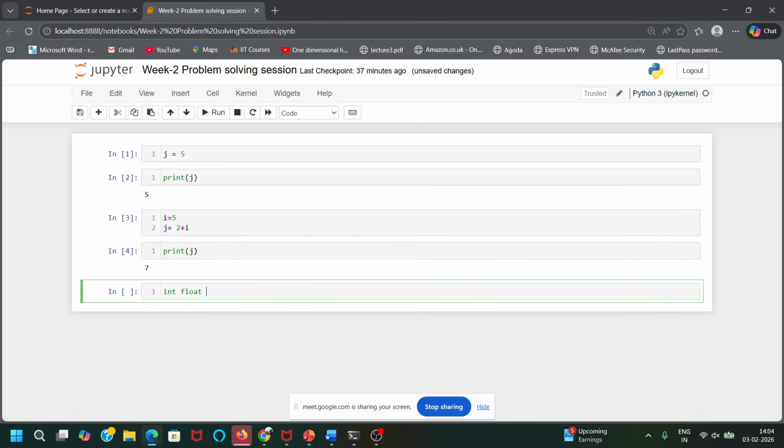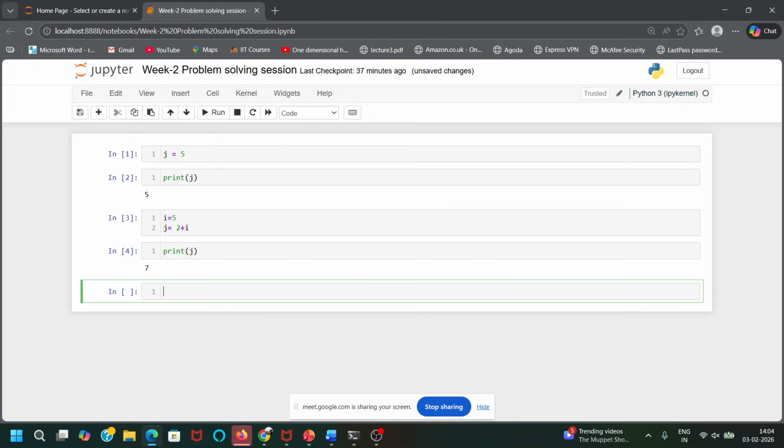String is for text, so we will see that also. In the first lecture, we just went over int and float. Int is, let's say, if your value has only integers, not any decimal point or anything else, pure integers, then that will be stored as type int.